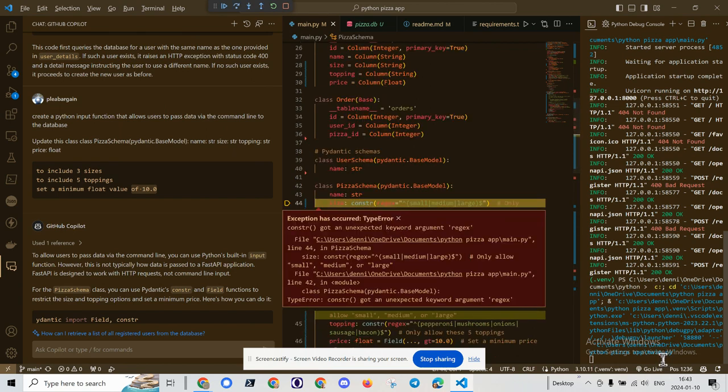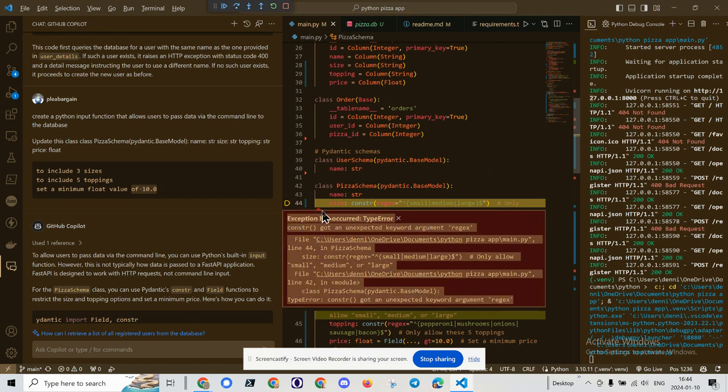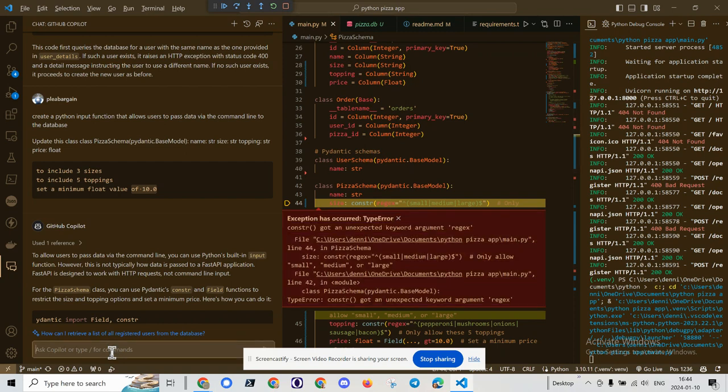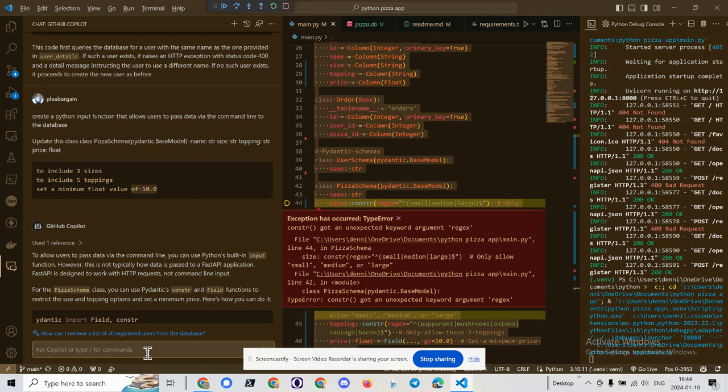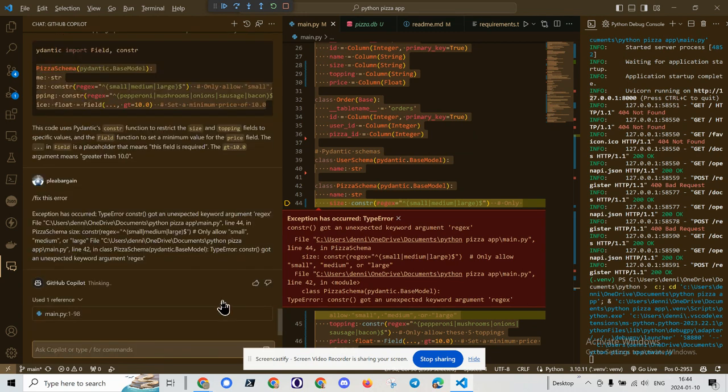All right. Oh, we have an error. Unexpected argument regex. Okay, so I'm going to grab this. I'm pretty sure I didn't import it, and that's the problem. But I'm going to go ahead and select all of this and say, okay, fix this error. And it's probably going to say you need to import regex,